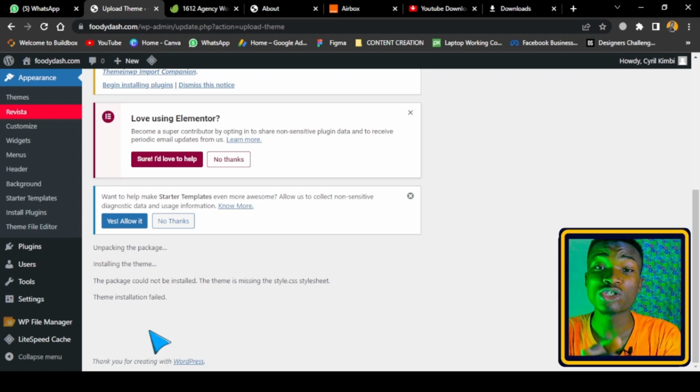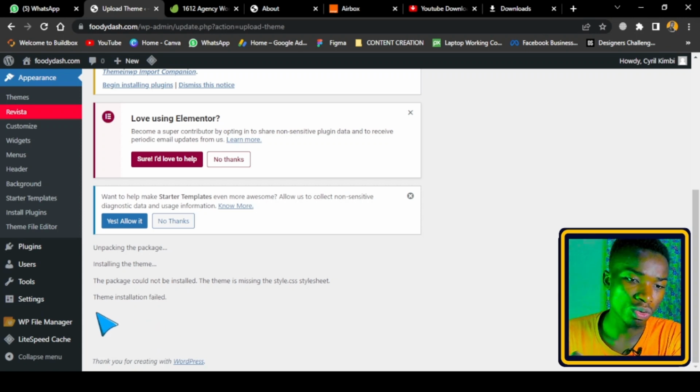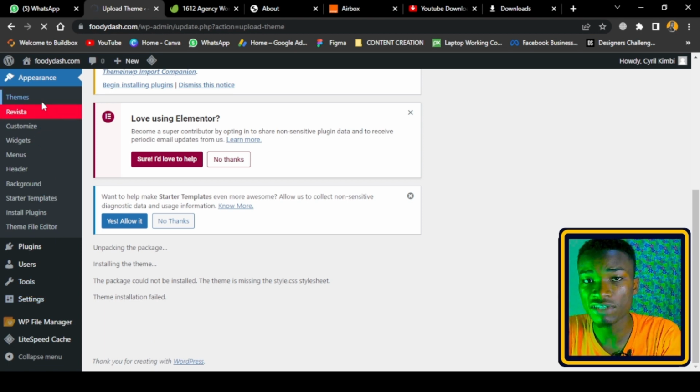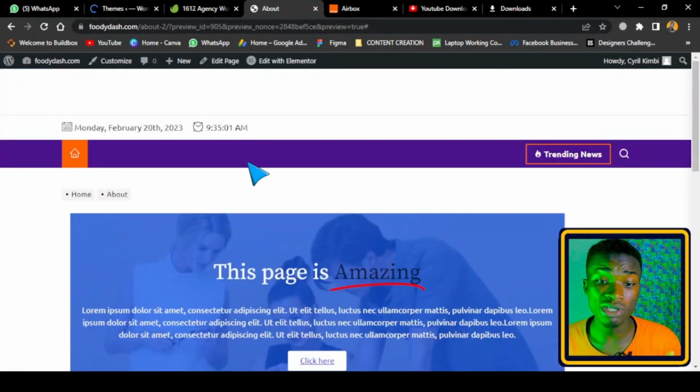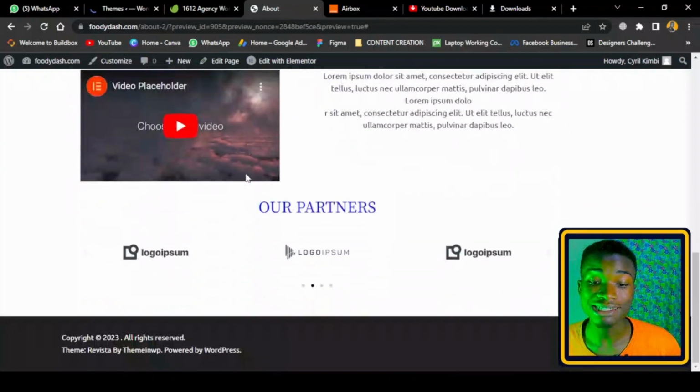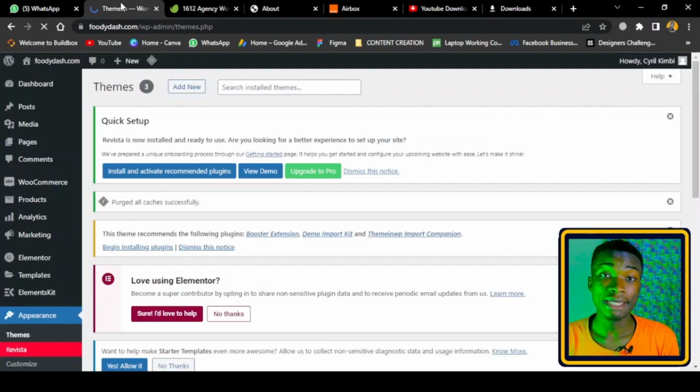So now in this section, I'm going to walk you through how to customize a theme. Let's get over to our theme section, and we're going to be choosing the theme that we activated to customize it and make changes to it to see how it's going to affect our website. And anything that we're going to do, we're going to go ahead and refresh the page that we built to see how the changes take effect on the website and how you can actually apply that anytime you are building